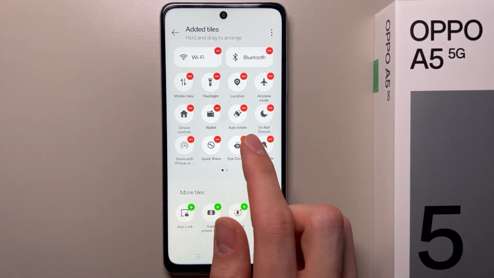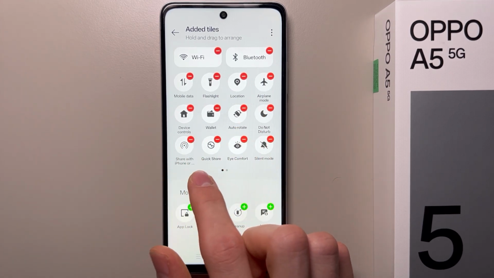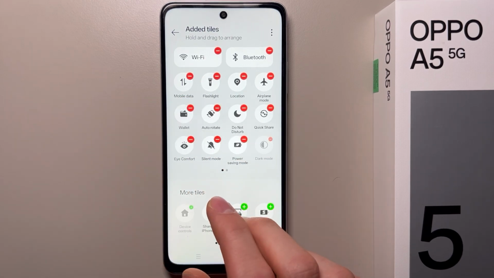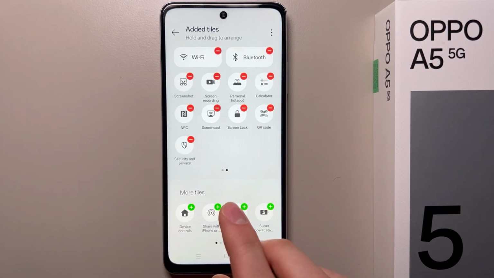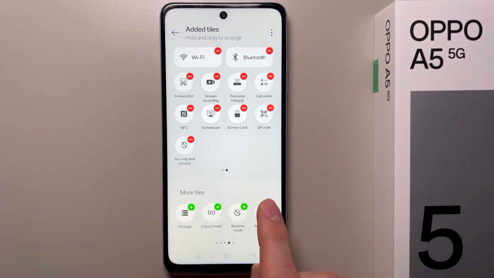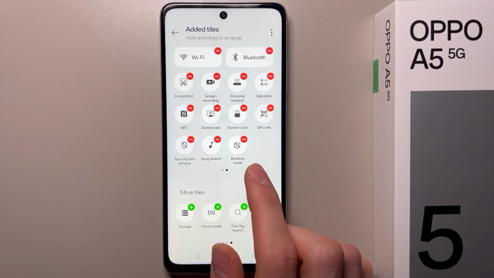And now you are able to remove or add some tiles to your quick settings. So let's get rid of, for example, share with iPhone and also device controls. And now I also can add some tiles from here by clicking plus. So let's take song search, bedtime mode, for example, and also